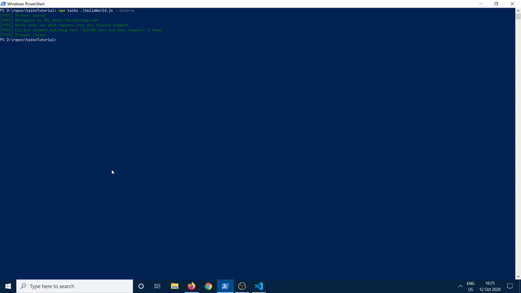Now the next step. Apart from all these implicit waits and other features, Taiko also comes with certain more really cool features, which I'll tell you now. One of them is await REPL. Now, REPL, we could say that it's the shell which executes. So when I do npx taiko,